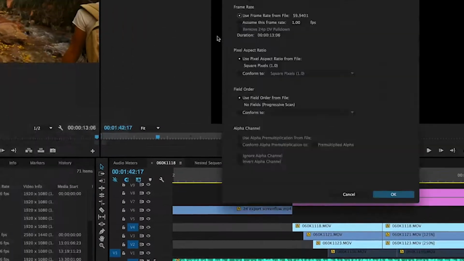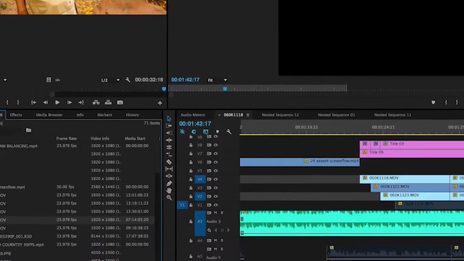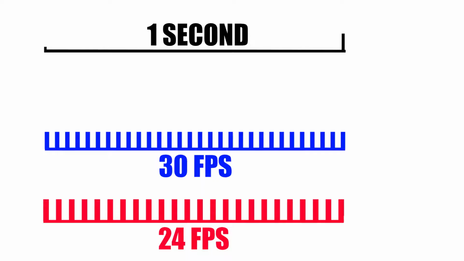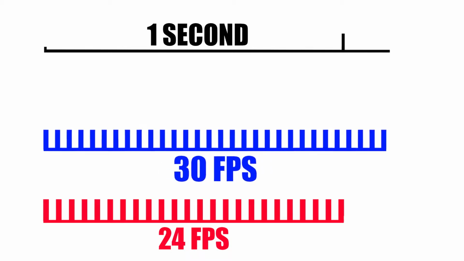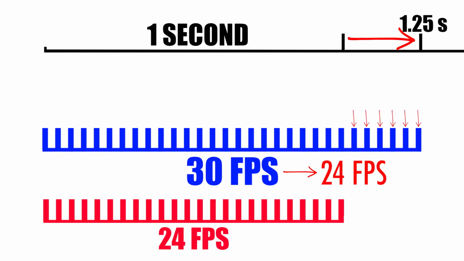Now there is a time when I do shoot higher frame rates than 24, and that is when I shoot higher frames with the intentions of slowing them down afterwards in post down to 24 frames per second. So when I shoot a clip at 30 frames per second and then slow it down to 24 frames per second, this is essentially stretching out those 30 frames to play back at only 24 frames per second. This leaves 6 leftover frames,